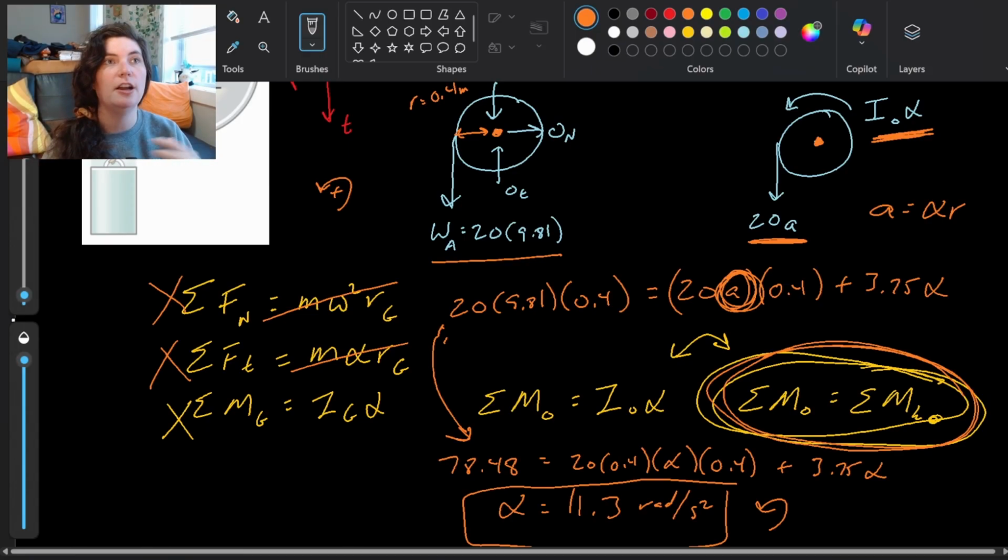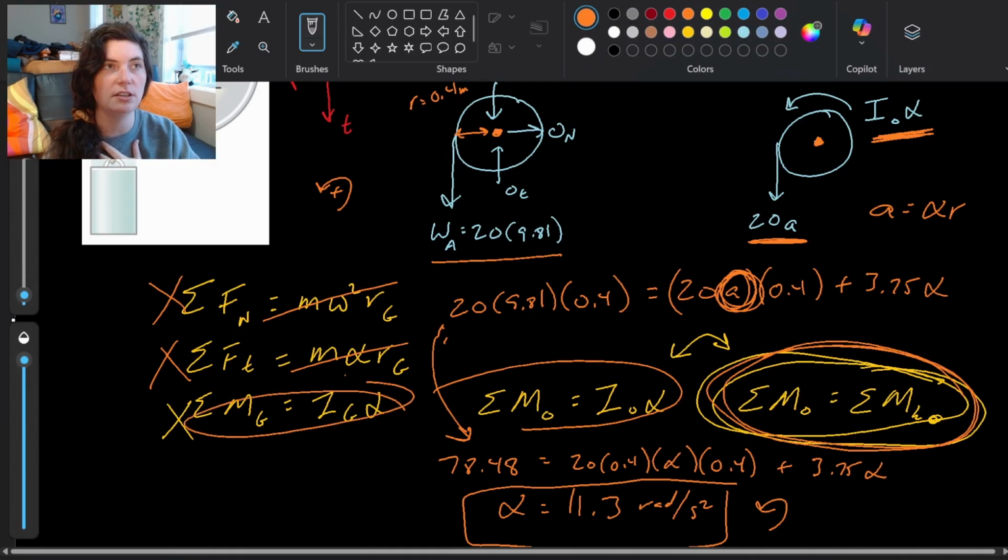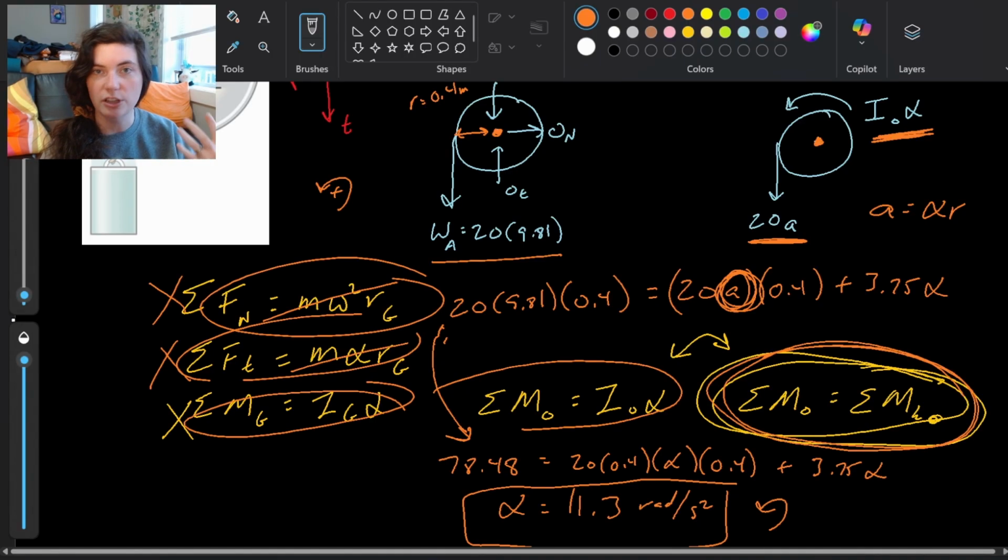But you would still get there if you used one of these other moment equations. That would be just fine. You could still get there. Maybe you needed to use one of these as well. You could figure it out, right? There are lots of different ingredients, lots of moving parts in all of these dynamics problems. So just draw out your diagrams, keep trying, plug those things in from those diagrams